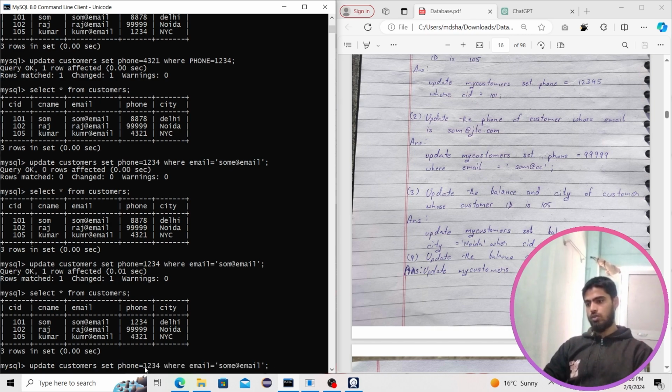For that, let's use the update statement. Update customers, set phone to maybe 1234, comma, city is equal to, let's say Delhi, or maybe Pune, where CID is equal to